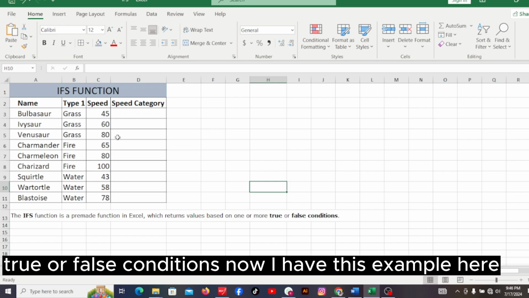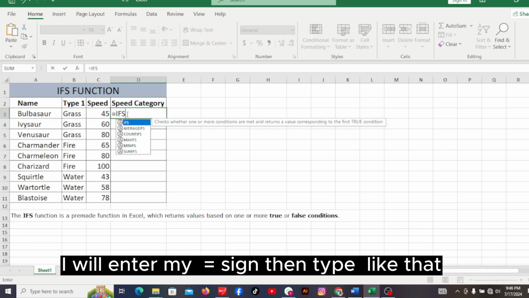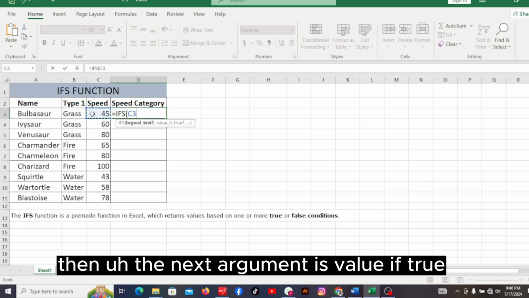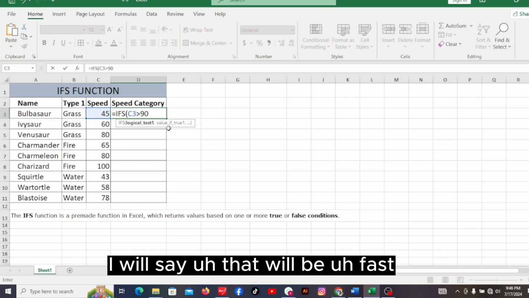Now I have this example here. I will enter my equal sign, then type IFS like that. Then the logical test 1 will be this cell C3. Then the next argument is value if true, then I will say greater than 90. I will say that will be first,